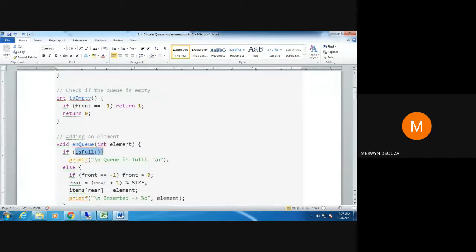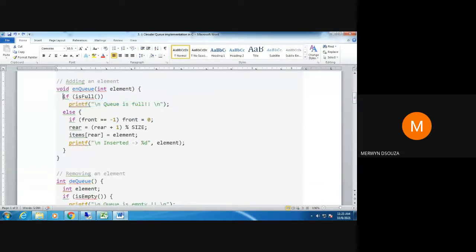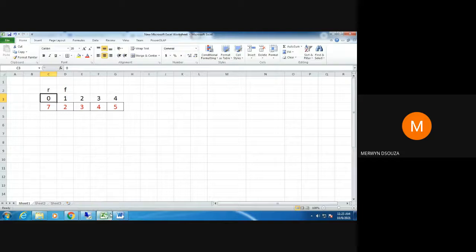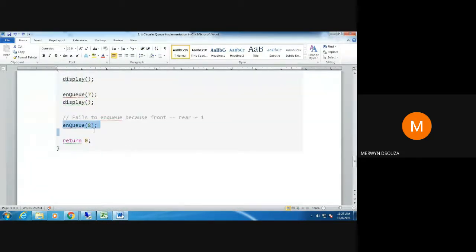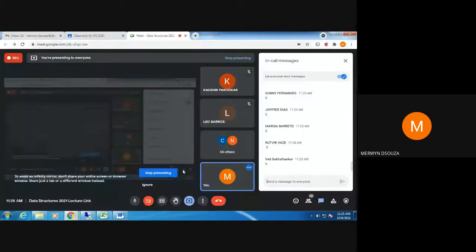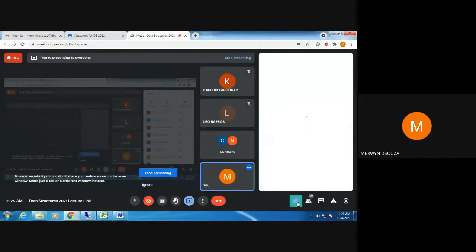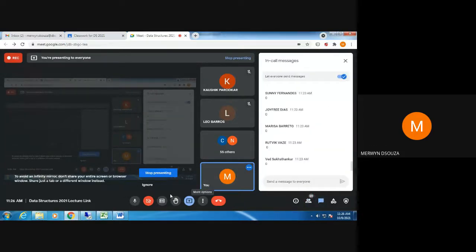So this if condition will be triggered, it is true, and you will print the message queue full. So the if is executed and the else part is not executed. That is how your program works. And then you stop with the program. Is it okay?